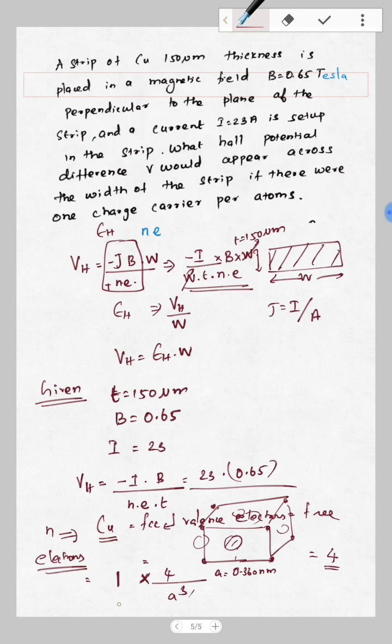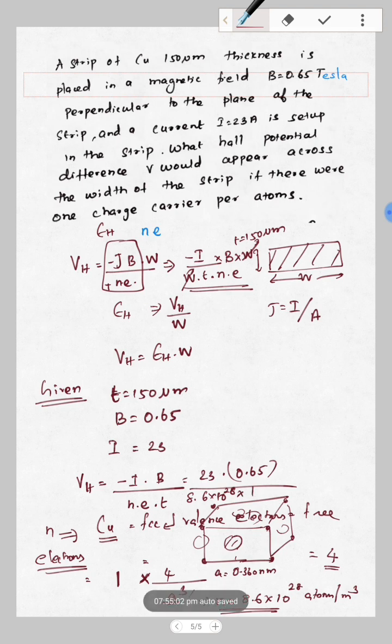If I substitute the A value of 0.36 nanometer, cubed, I will get n as around 8.6 into 10 to the power of 28 atoms per meter cube. So I got the n value. In these equations I can substitute the n value, 8.6 into 10 to the power of 28,